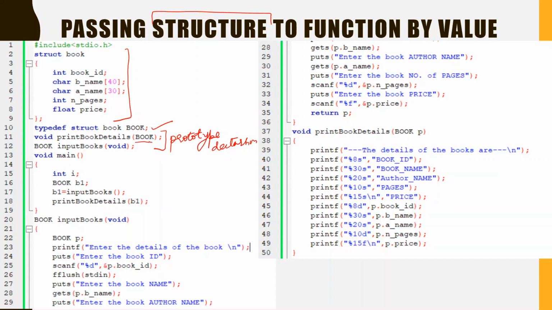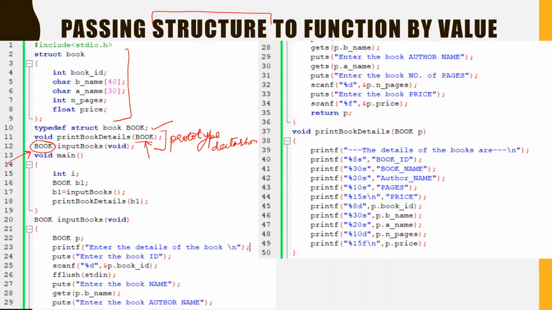While deciding the prototype, we have given input that a variable of type book will be given as input, and here you can see that a value of type book would be returned by this particular function.